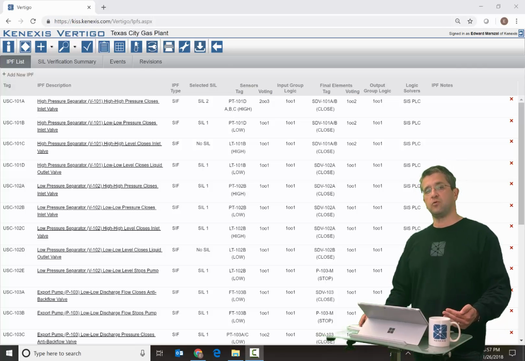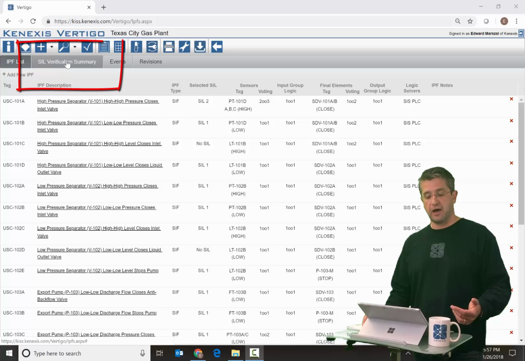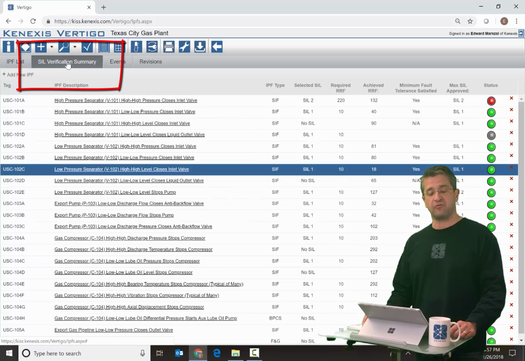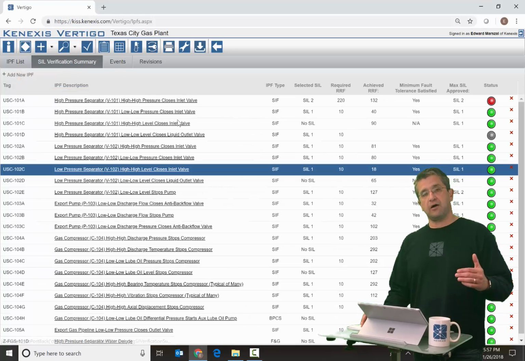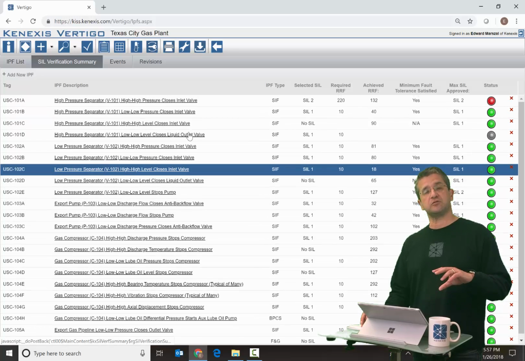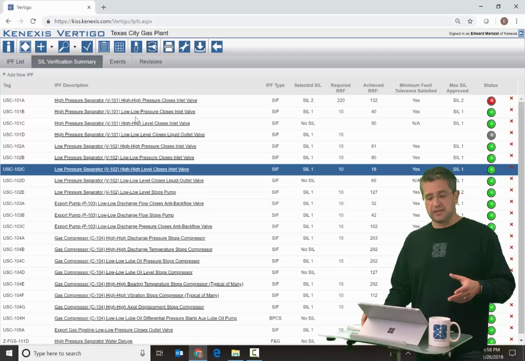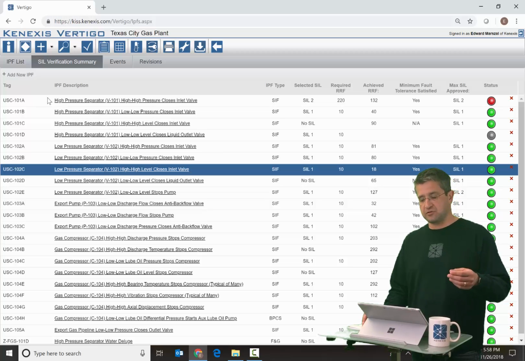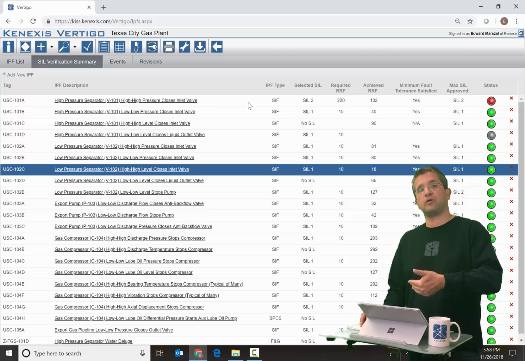Another useful tool in the SIL verification section of Vertigo is the SIL verification summary. You can get to the SIL verification summary by clicking on the tab for SIL verification summary. Now, this is going to bring up another list of all the safety instrumented functions, but instead of providing details on inputs, outputs, voting arrangements, and such, it simply gives you a tag, IPF description, and then the results of